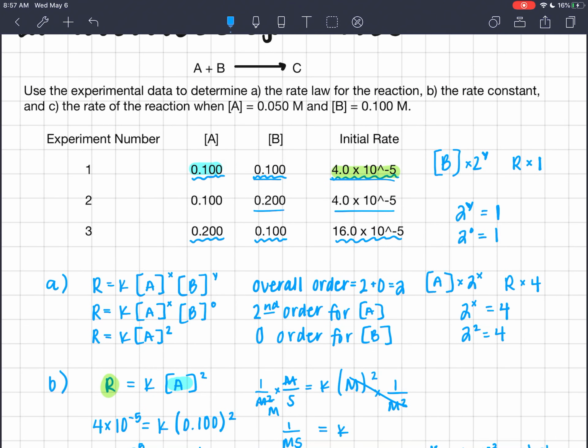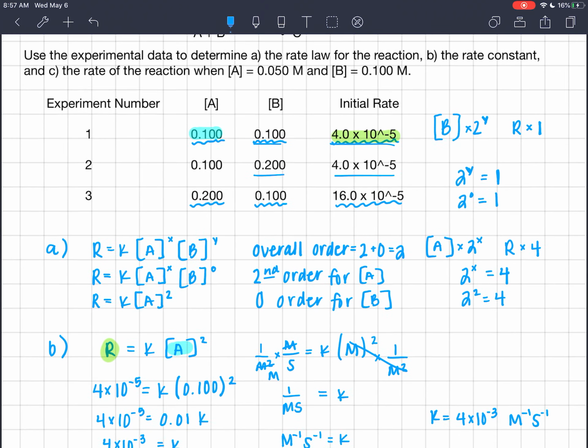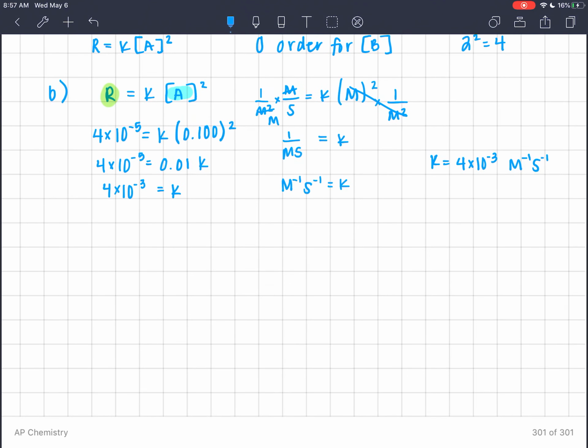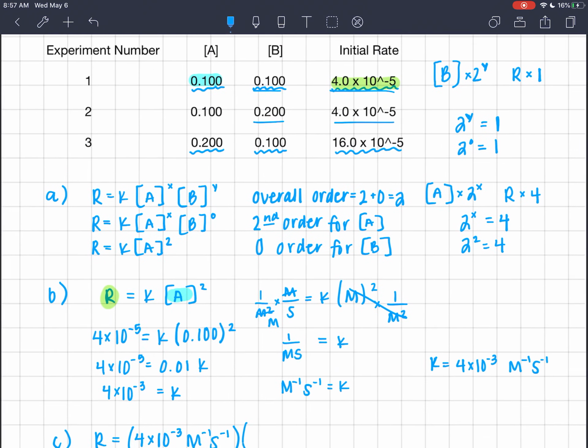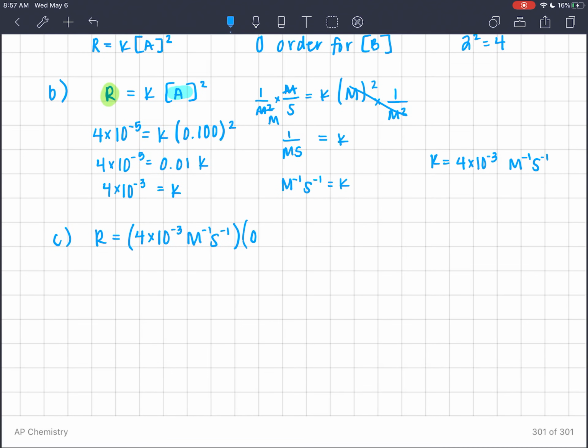So now, C asks, what's the rate of the reaction when A is at a concentration of 0.050 molar and B has a concentration of 1.00 molar? So now that I have a rate law and I have my rate constant, I can solve for my rate by substituting in all of my known values. So 4 times 10 to the negative 3rd, inverse molarity, inverse seconds, times my concentration of A,